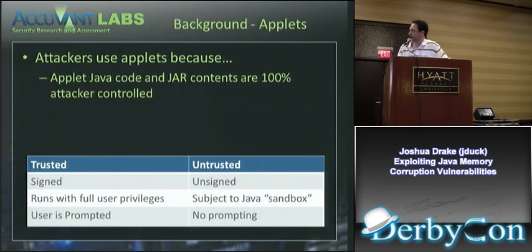So with applets, there's two kinds basically. There's signed applets and there's unsigned applets. Signed applets, which is what the Java signed applet uses, of course, run with full privileges. They always require a prompt to be accepted, unless the user has whitelisted them. When the dialog comes up, I don't have a screenshot, but it has a checkbox and it says, always trust this publisher. And if you do that, then you won't get any more prompts, and I wouldn't recommend that.